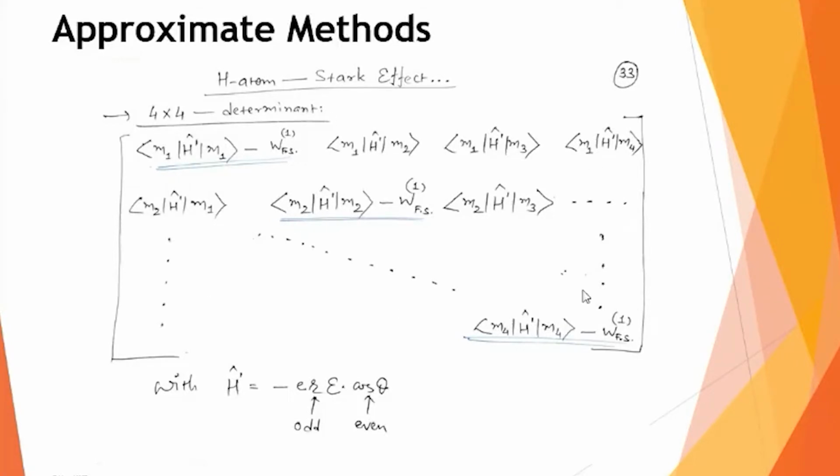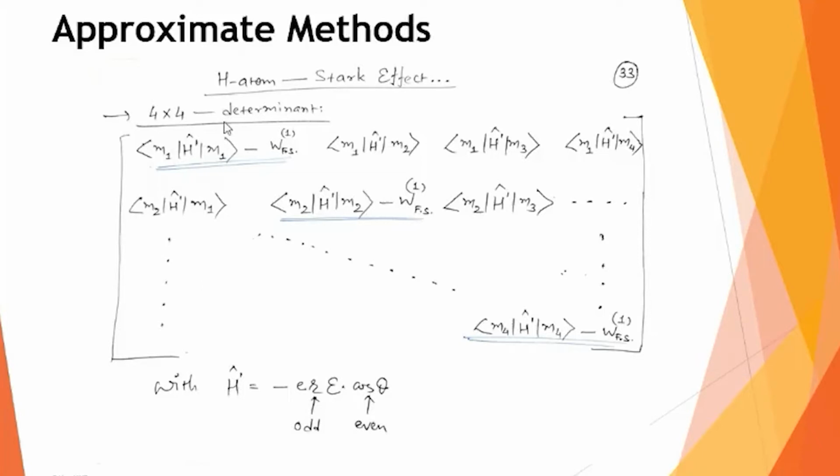So ultimately this is what I have to compute, where this h dash, that is the perturbation, is still given by the same expression. It is the external electric field which now interacts with the electric dipole of the hydrogen atom. So I have the same expression for the perturbation, minus R E cos theta. And again you can see the total parity of this h dash function is odd, because cos theta is an even function, but there is a presence of r raised to 1. So if you change the sign of r, your h dash will also change sign. So your h dash has an odd parity.